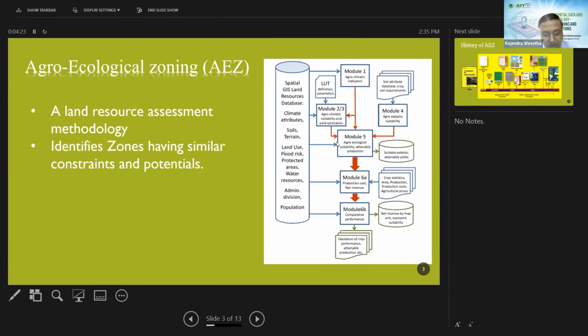The purpose of such methodologies is to identify and allocate land uses to sustainably meet various human needs. Among several such land evaluation guidelines and methodologies, the specific methodology I'm going to talk about today is called Agroecological Zoning, and that started back in 1978.